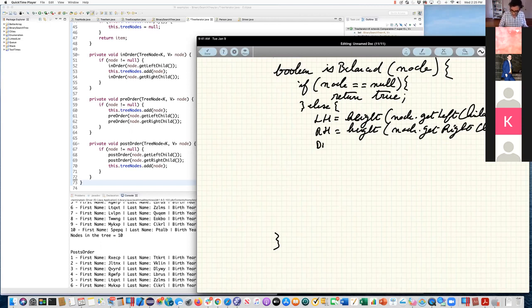The difference is equal to the absolute value of left height minus right height, right?